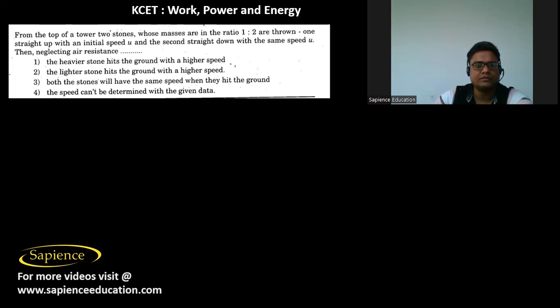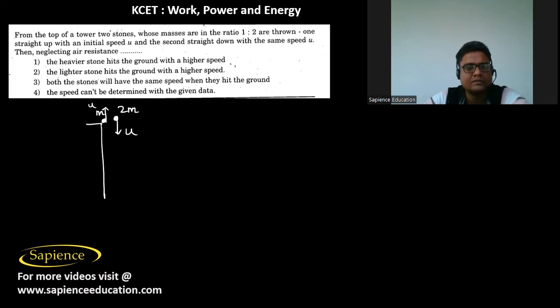Then it is told that from the top of a tower, two stones whose masses are in the ratio 1 is to 2. It means one stone has mass m and the other stone has mass 2m. They are thrown, one straight up with an initial speed u, so they are thrown upwards with a speed u, and the second straight down with the same speed u. Then neglecting air resistance,